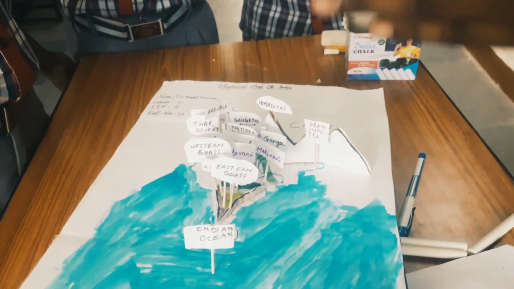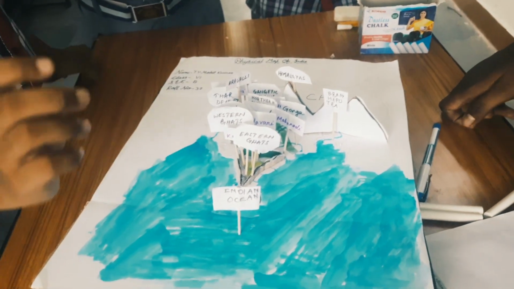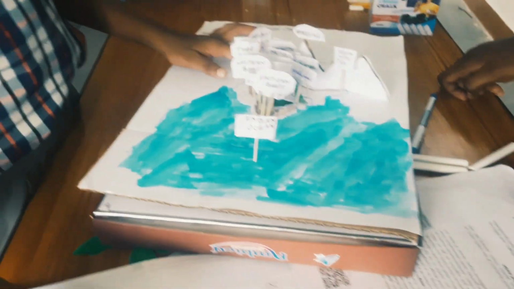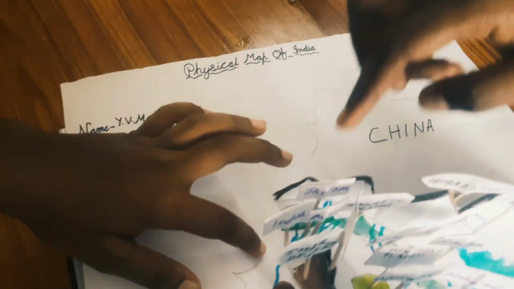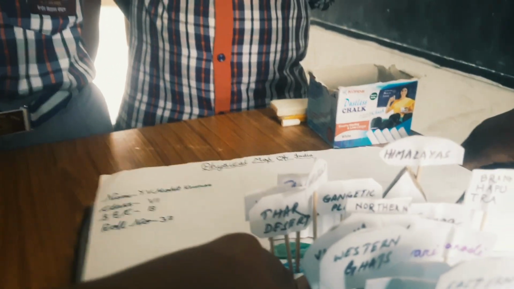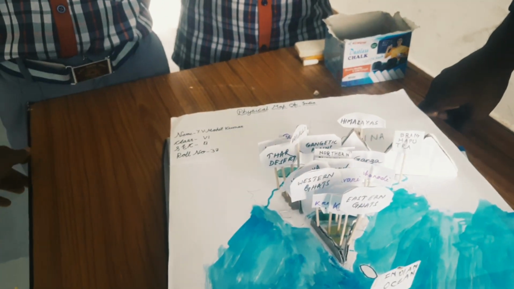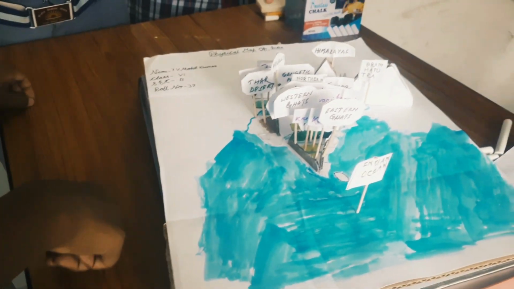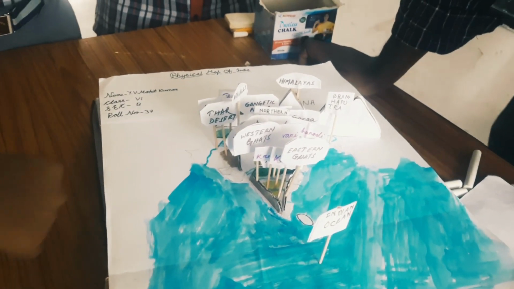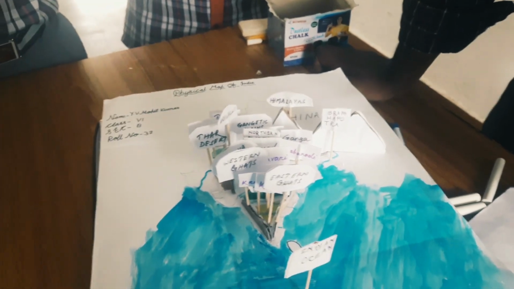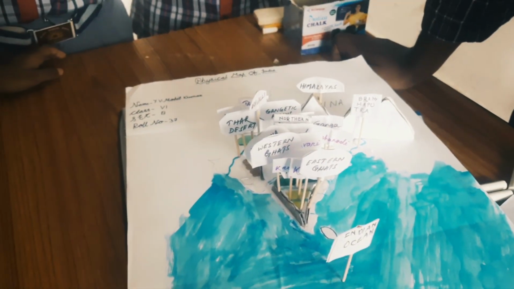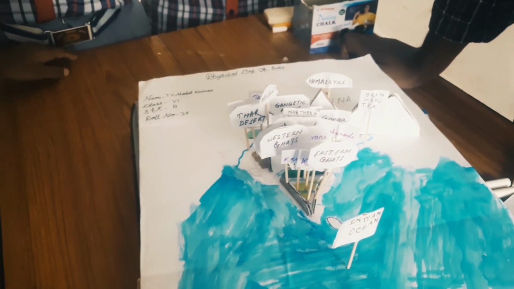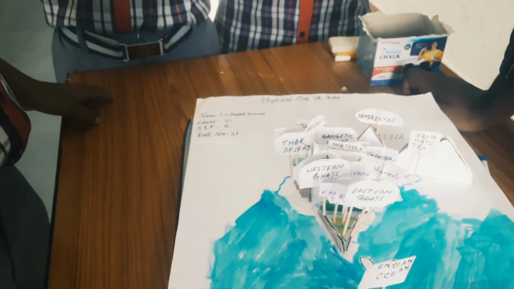And after that, which physical division comes up? Sir, after that, the desert. Which desert? Sir, the Thar desert. Sir, it divides Pakistan and India at this part. Okay, it is located in between India and Pakistan. Yes, sir. The Thar desert used to be part of India only, before India was divided. Okay, very good, beta. It is located in the western part, in the northwestern part of India. Western part also, right? Correct.